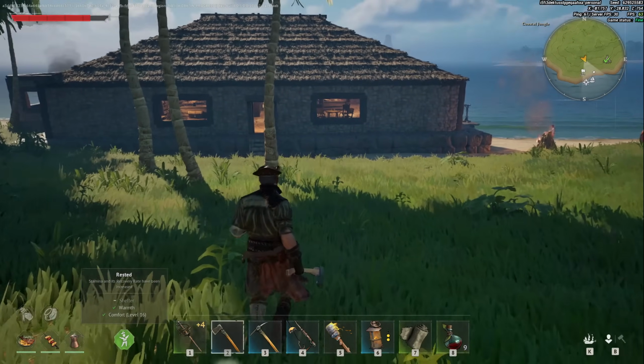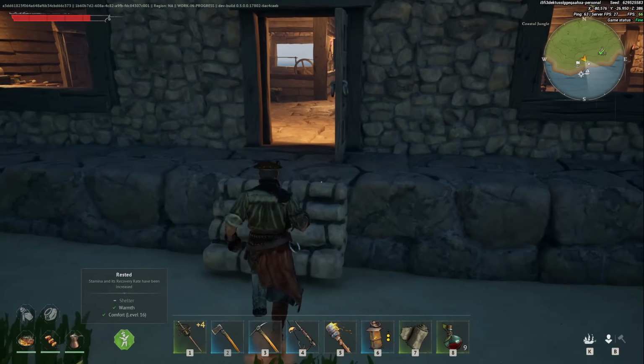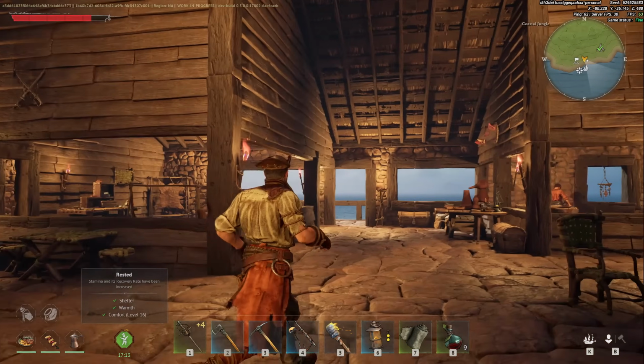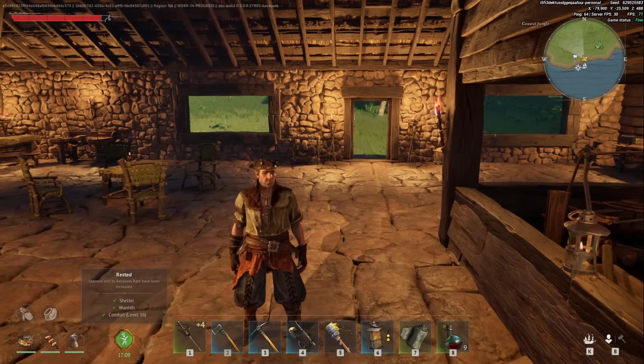Next up is going to be decorating your bases provides a comfort bonus. So this was, I believe, inspired by Valheim. It's also in games like Enshrouded. I know Grounded has a version of it, but in this game, you'll notice I currently have comfort level 16,